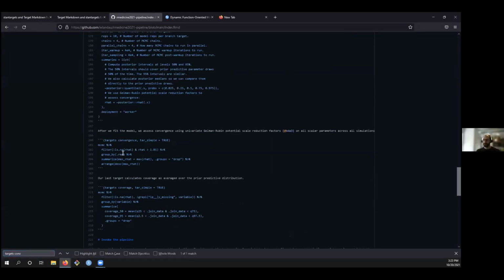So I didn't actually need to declare this as a formal target if I had the tar_simple equal to true option. This sort of creates a target out of this imperative code that I've written here. And that's sort of automatically what happens in a target markdown report. And so I don't even really need to think about, okay, do I write a function for this? It's just code that gets converted into a target automatically.